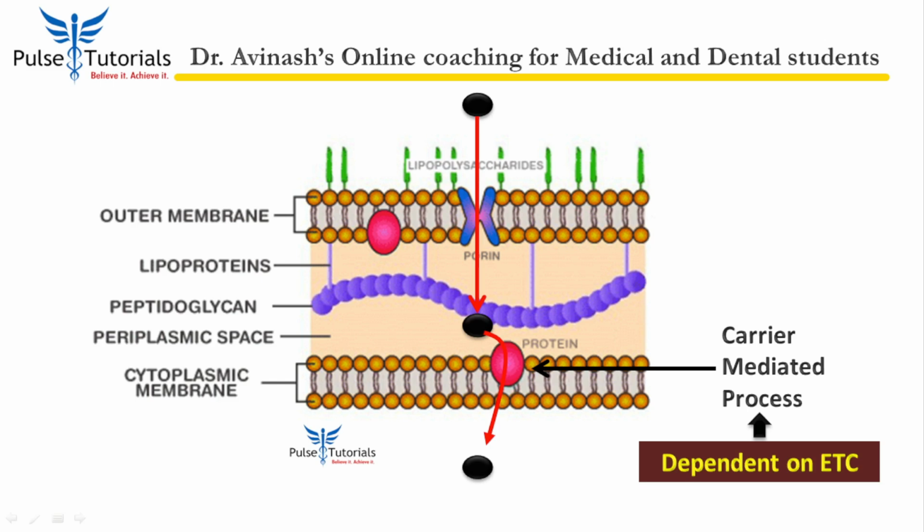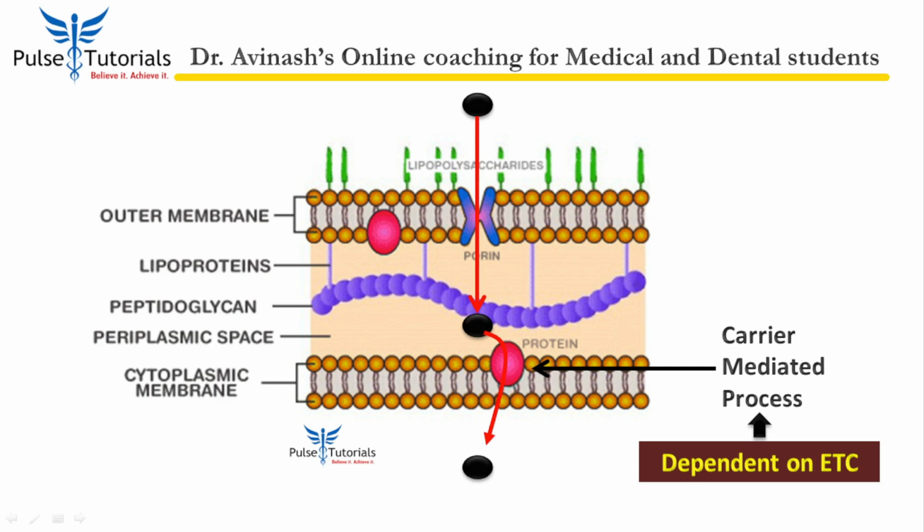They will go from the outer coat of gram-negative bacteria through the porin channels, and from the periplasmic space, they enter via a carrier-mediated mechanism. So step number 1 in gram-negative bacteria is basically the porin channel. Step number 2 is crossing the cytoplasmic membrane in a carrier-mediated manner, and this carrier is linked to the electron transport chain, which means that if gram-negative bacteria have to have these molecules of aminoglycoside inside them, their electron transport chain should be functioning.